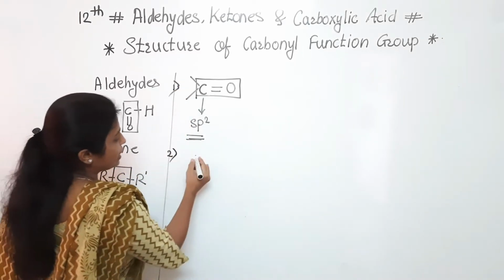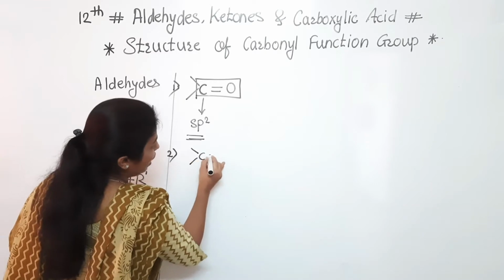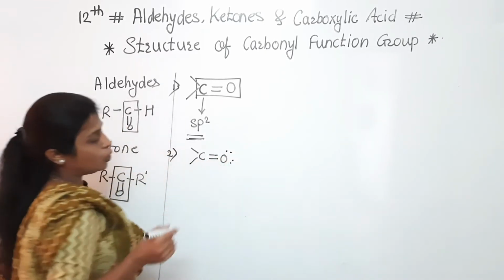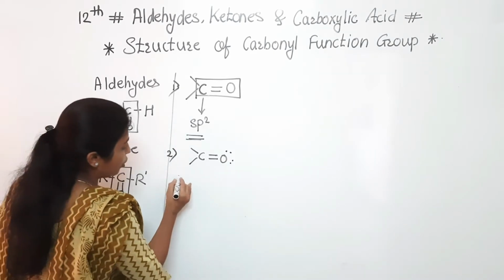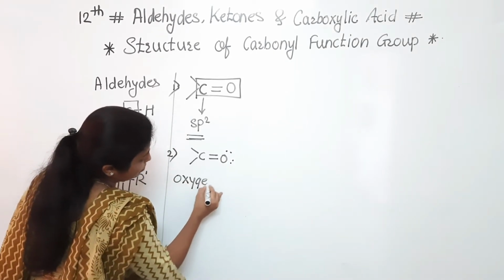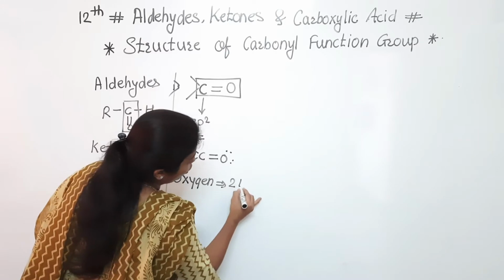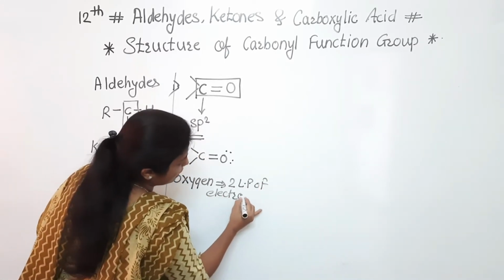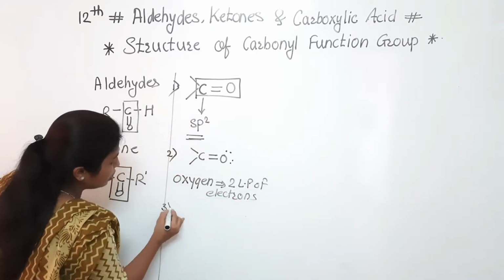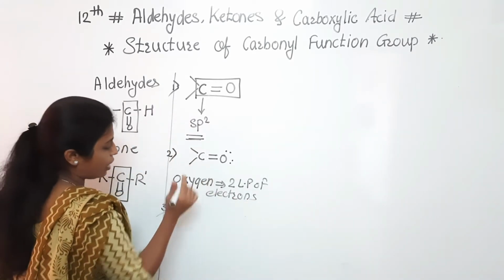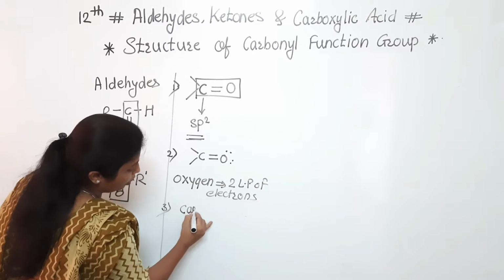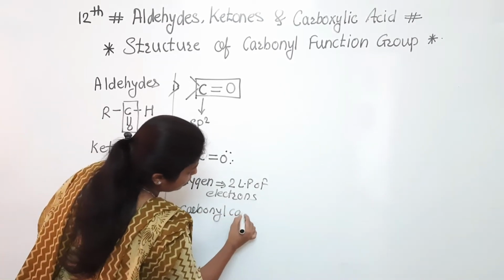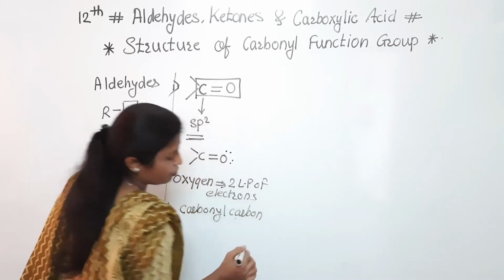The second point is that in the carbonyl group, oxygen has two lone pairs. Clear? What is that point? Oxygen contains two lone pairs of electrons. Clear to everyone? This is the second point. What is the third point? In that we can say that the carbonyl carbon